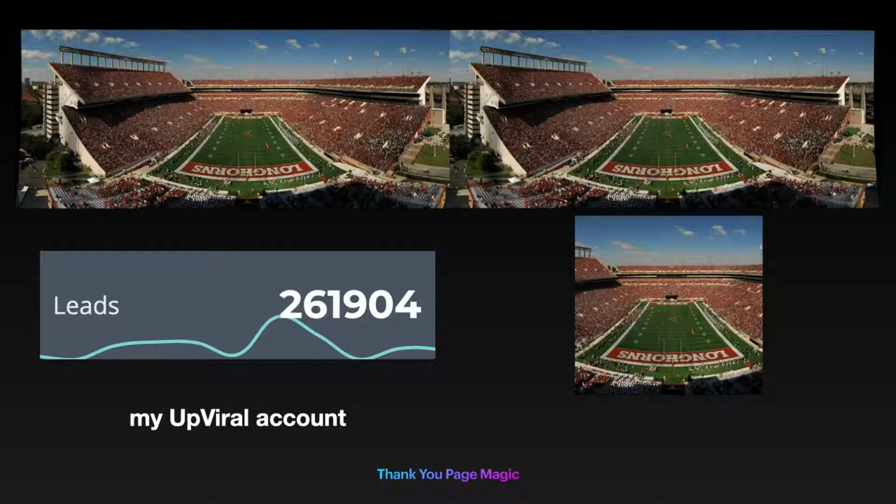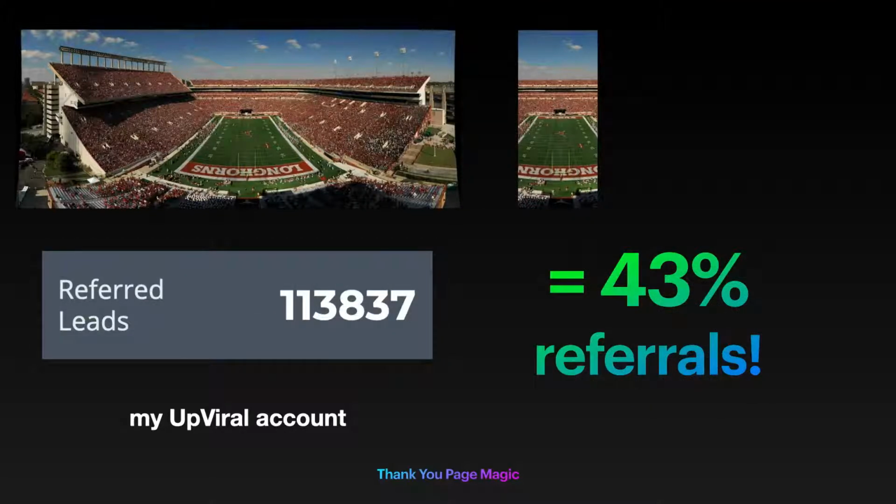250,000 is a lot. But the key to this whole process is that of those 250,000, 113,837 at the time I took this screen grab were referred people. Those were people, if I go back to